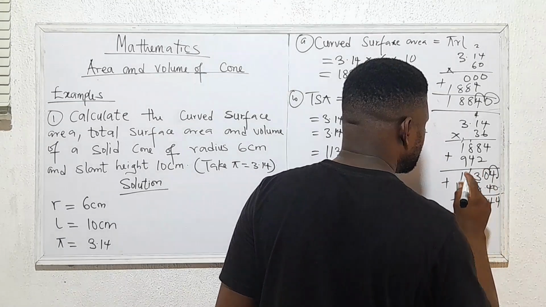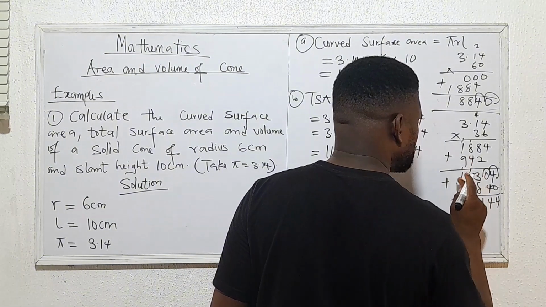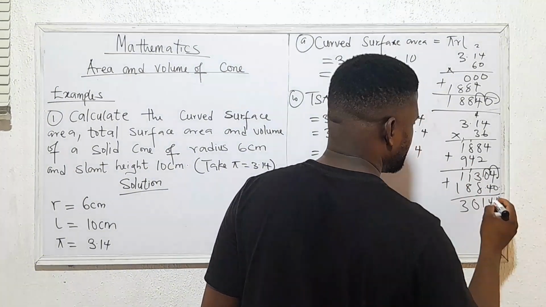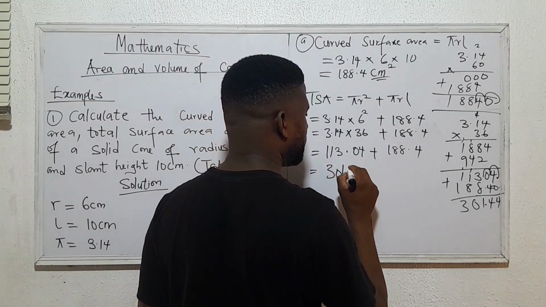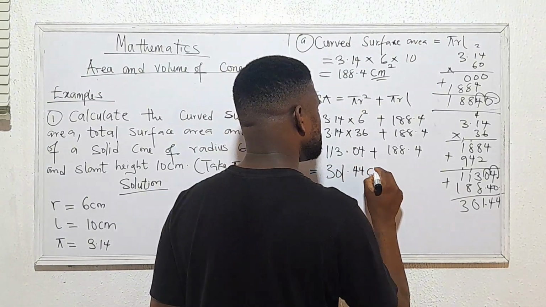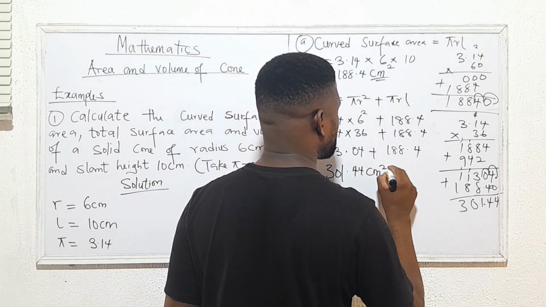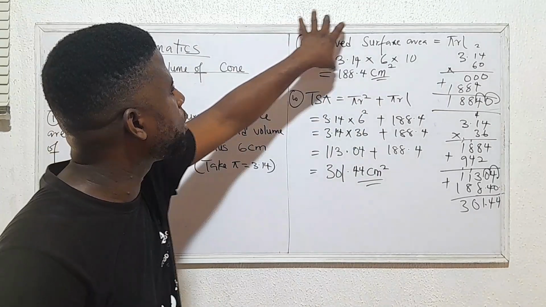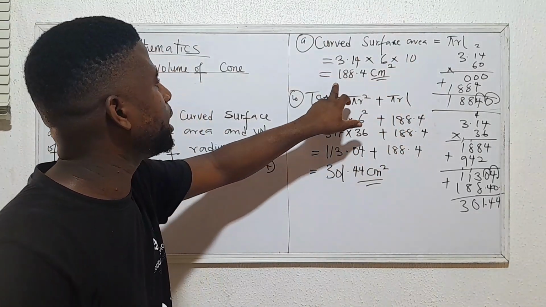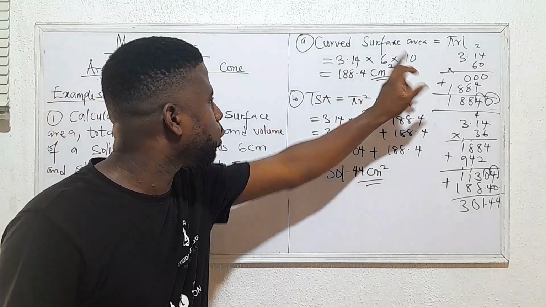And then this is 10. Remember 1, 1 plus 1, 2 plus 1, we have 3. We have the decimal point. So we have 301.44 centimeter square. Alright. So we've been able to find the curved surface area to be 188.4 centimeter square, and